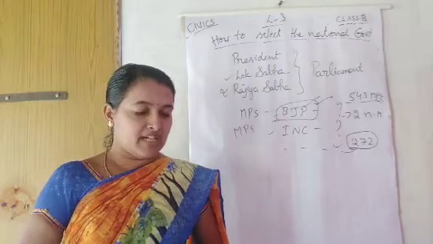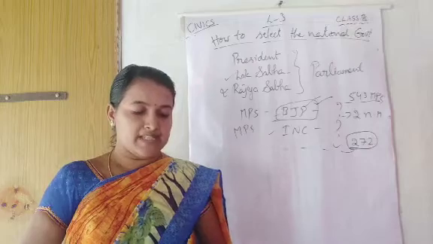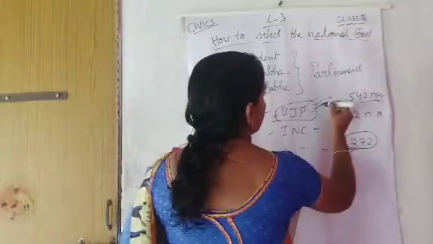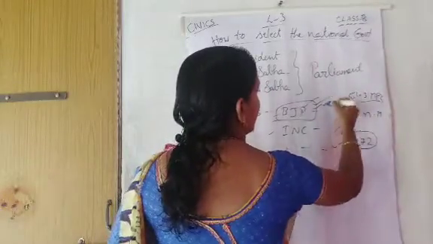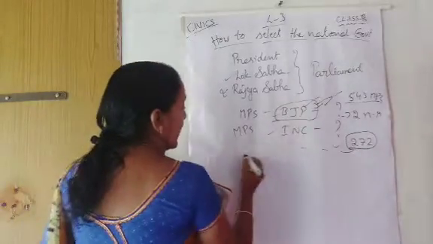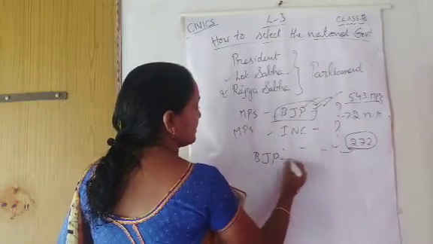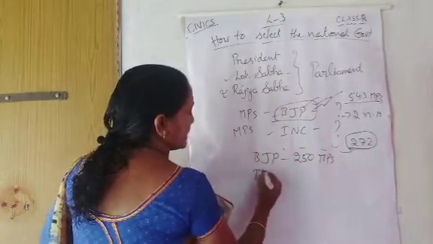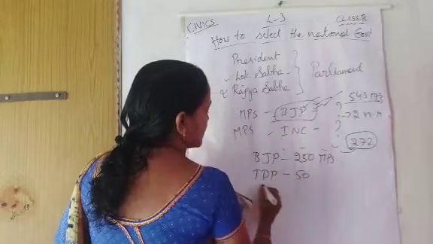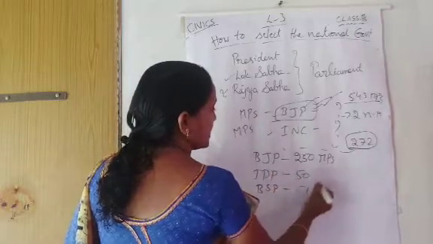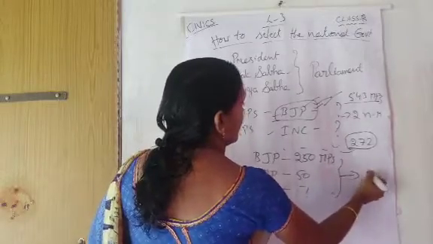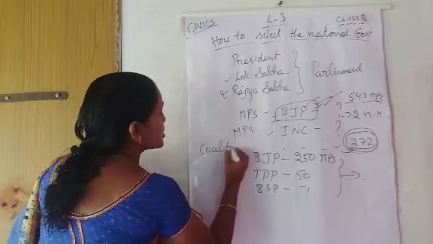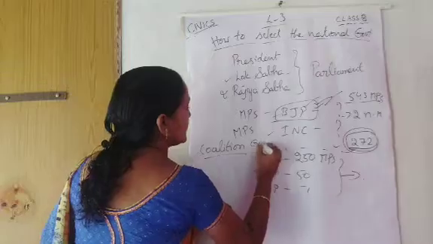The opposition in parliament is formed by all the political parties that oppose the majority party or coalition formed. If a single party gets the majority, that will be normal. Otherwise, suppose BJP only got 250 MP seats, and with other parties like TDP with 50 members or BSP, these parties together made the majority, then that government is called a coalition government.